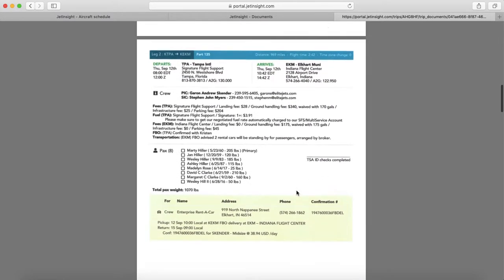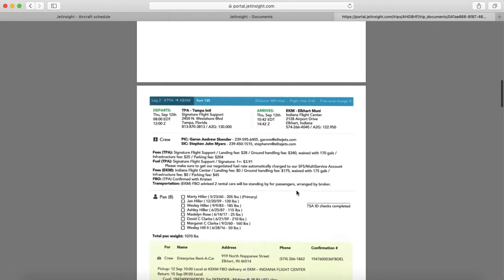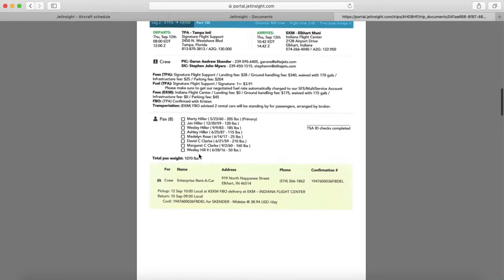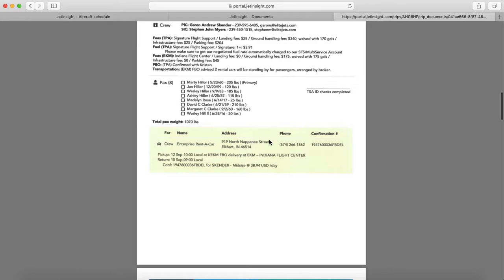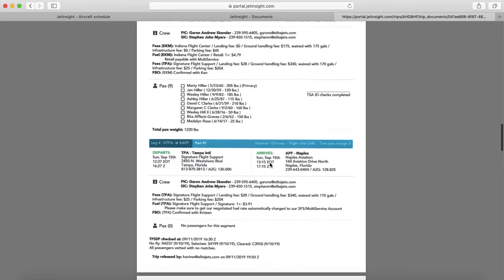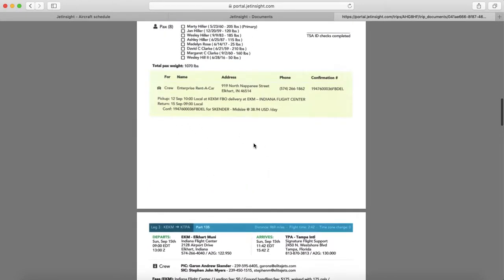Here's the crew itinerary, and then passenger manifest, where we're supposed to make sure we check all the IDs and sign here. It looks like there was a rental car that they had provided for them, and if there were any other notes like hotels, they'll put that there